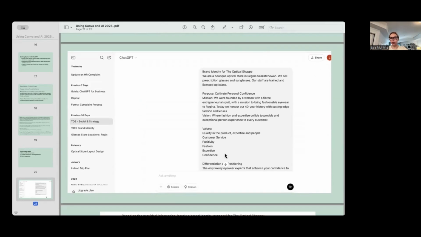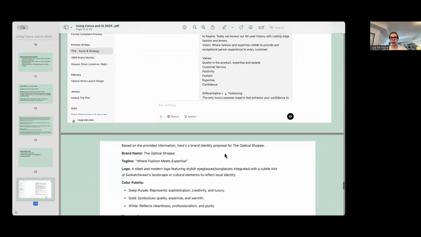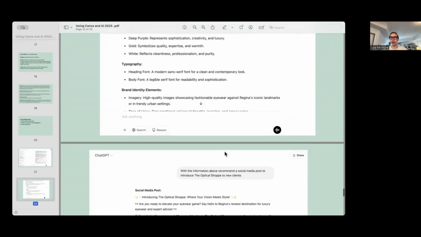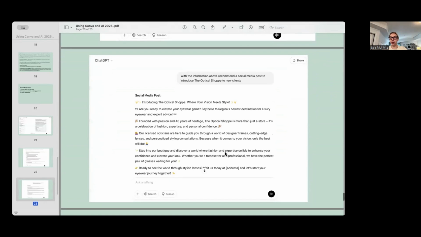So I have these as our screenshots, but I'm going to jump over and show you in real time. So this is the optical shop. So we put it in all of our information and then it regurgitates it back to us. So to the point where then we can start asking it questions about ourselves. So if I flip over